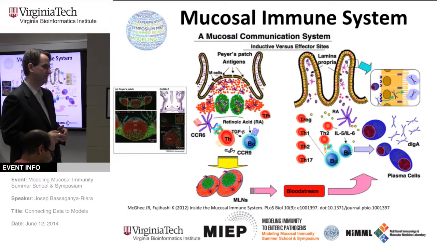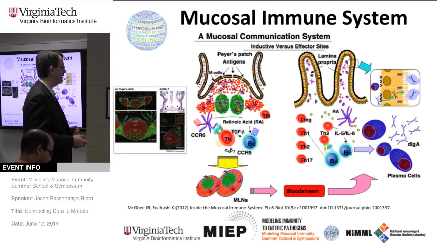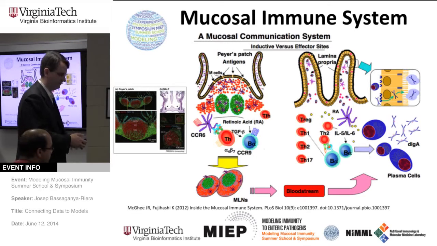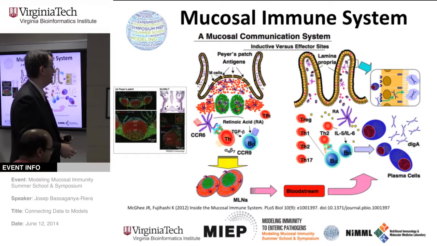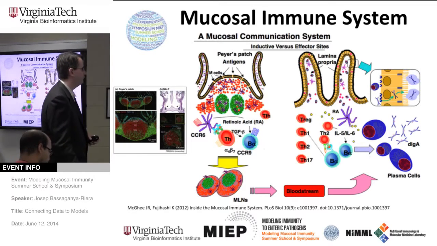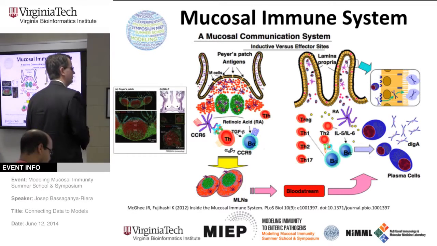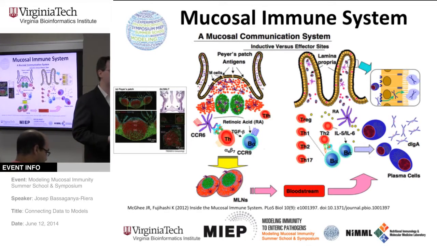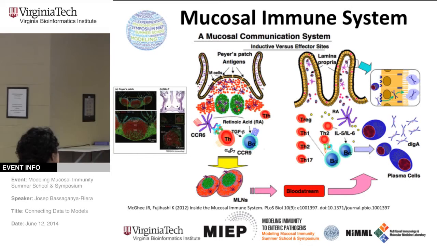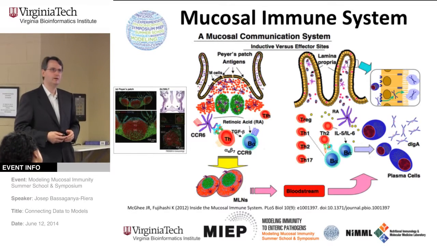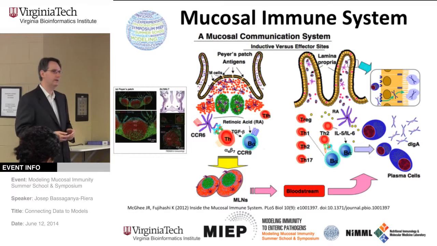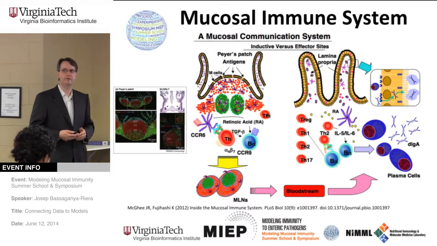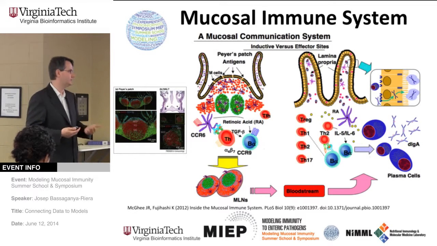We have the inductive sites where the immune responses are initiated, and in here you can see that we have the Peyer's patches as one of the inductive sites represented, the lamina propria as one of the effector sites. So the inductive sites is where the immune responses are initiated. The effector sites are where the immune responses take place. And so, for instance, in this representation, we have the colonic lamina propria, which is covered by a monolayer of epithelial cells. And Dr. Allen discussed the turnover of these epithelial cells and the importance of this turnover in the context of infection or just homeostasis.